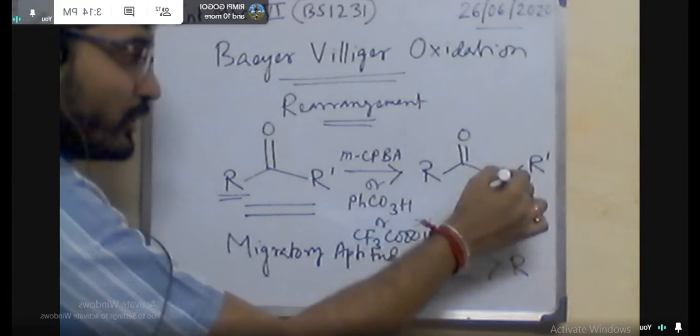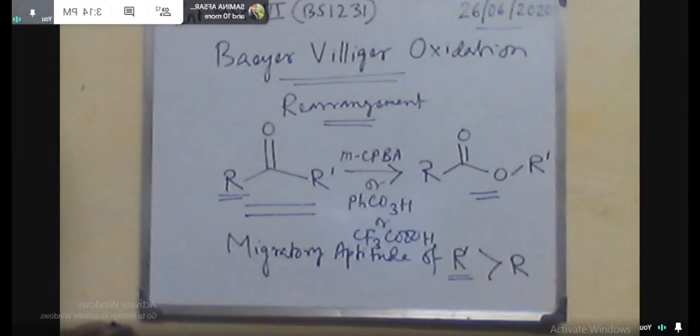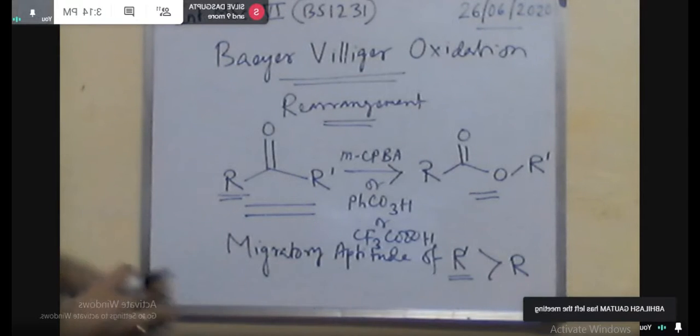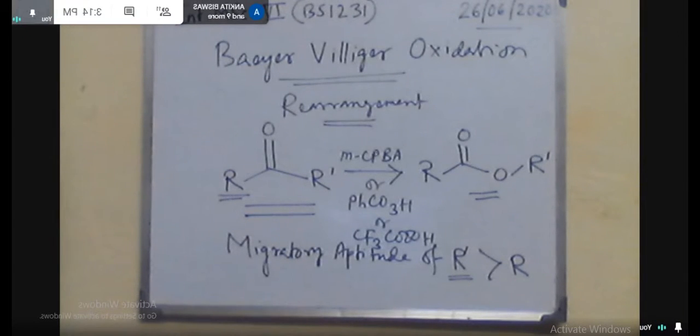In some specific examples which have been discussed in the real class, you can see there are lots of examples of this Baeyer-Villiger oxidation. So before starting with the specific examples as well as the migratory aptitude, let us focus on the general mechanism of this Baeyer-Villiger oxidation. So in this case,